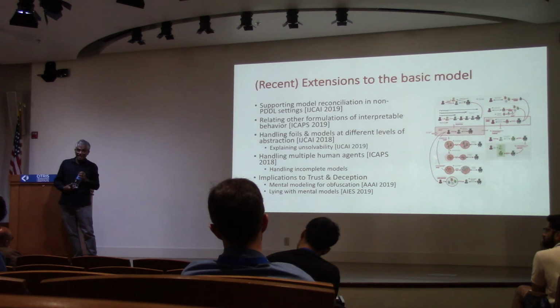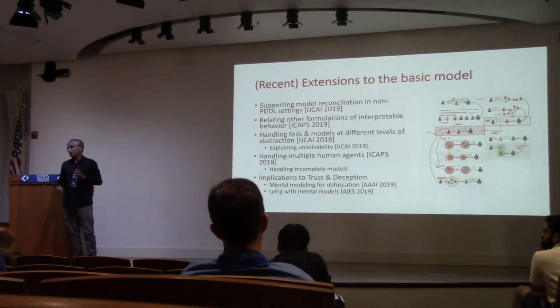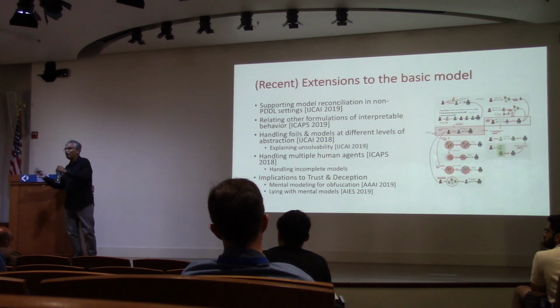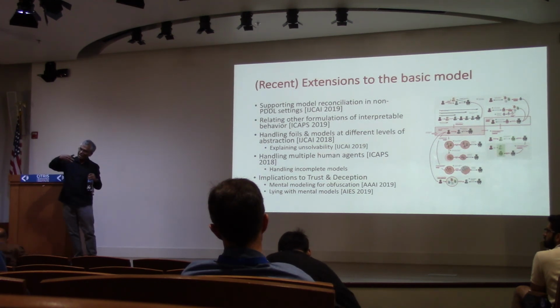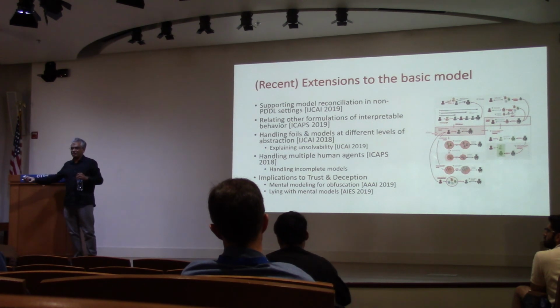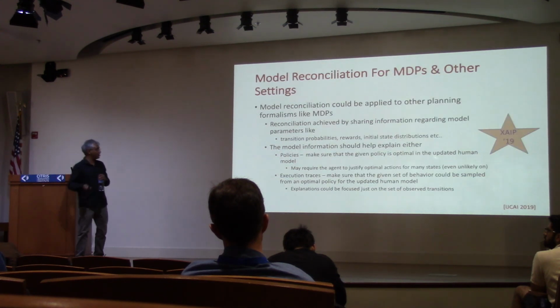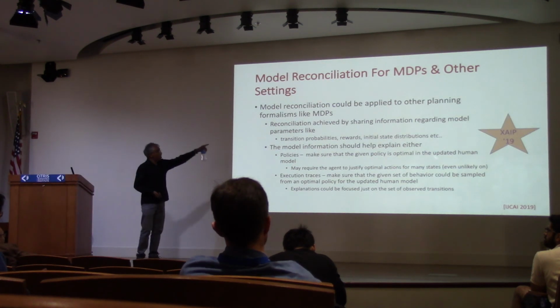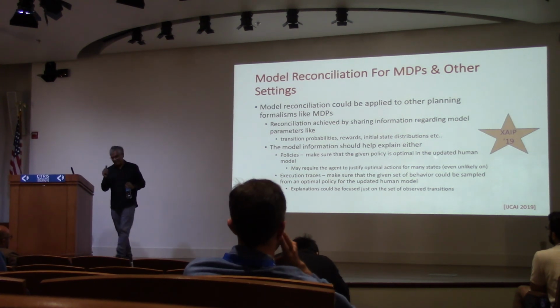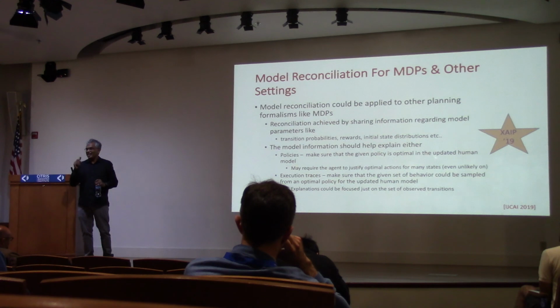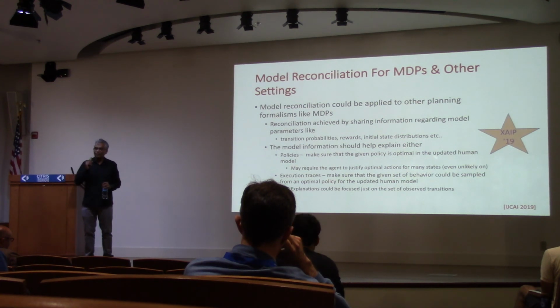And then based on that, tomorrow Tathagata will tell you what I was telling you, which is how can AI bots lie? Just by modifying the model reconciliation search. That's another XAIP paper that might be interesting. Okay, so model reconciliation for MDPs winds up being essentially the main difference that you want to keep in mind is that in MDPs, there is actually a difference between policy